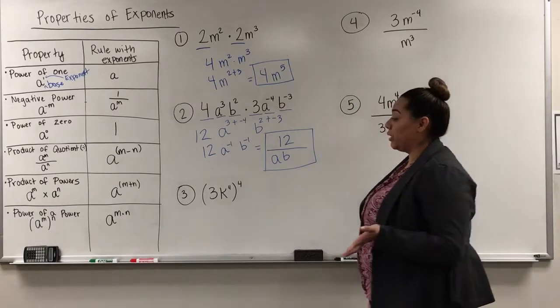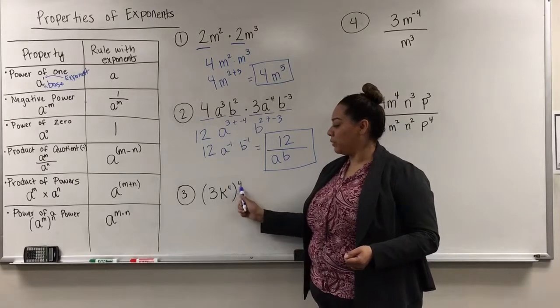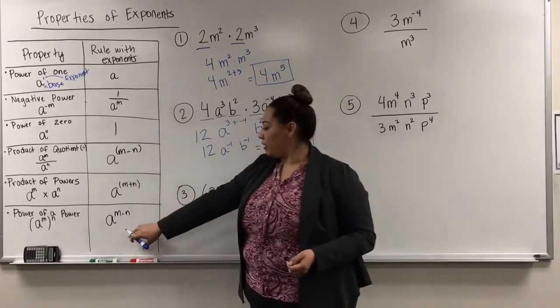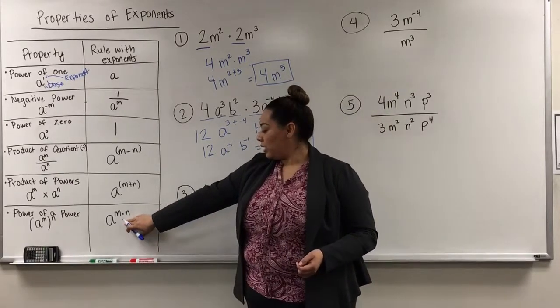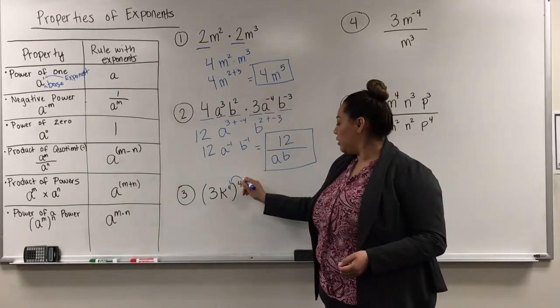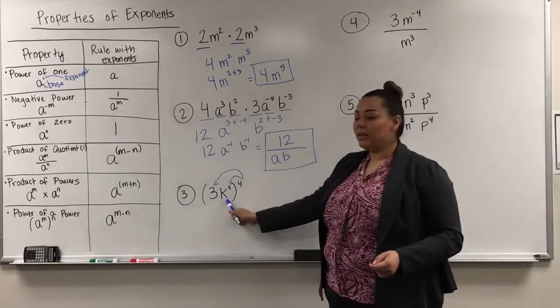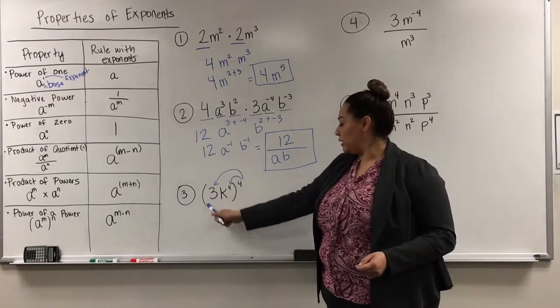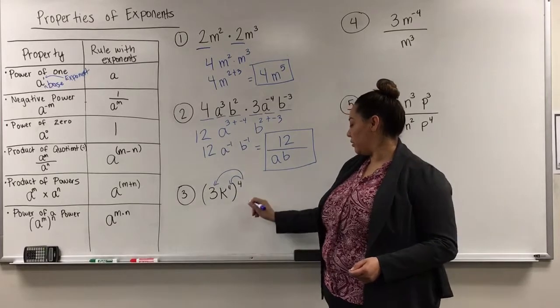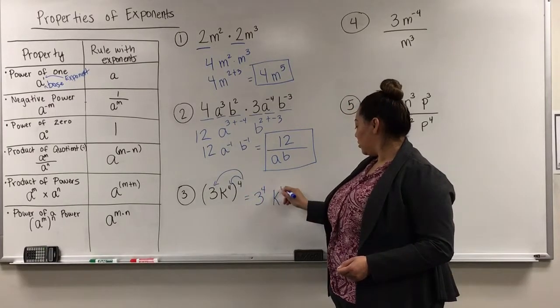So for the next one, whenever we have a power of a power, or an exponent with an exponent, this is the property that we're going to be using, which is going to be multiplying our exponents. Basically, we're distributing this 4 to everything that you have inside the parentheses, not only the letter, but also the 3, because that's included inside the parentheses. So that means 3 to the 4th power, and then k to the 4